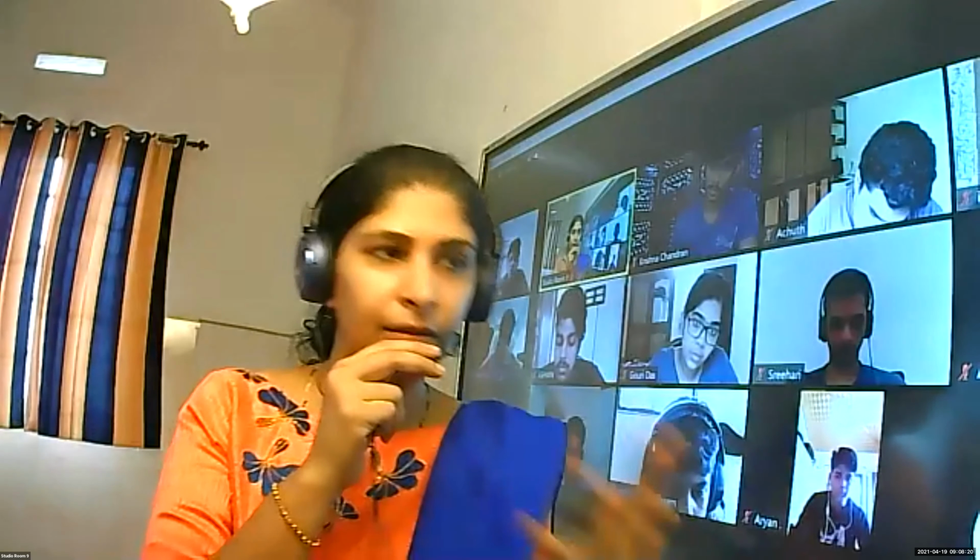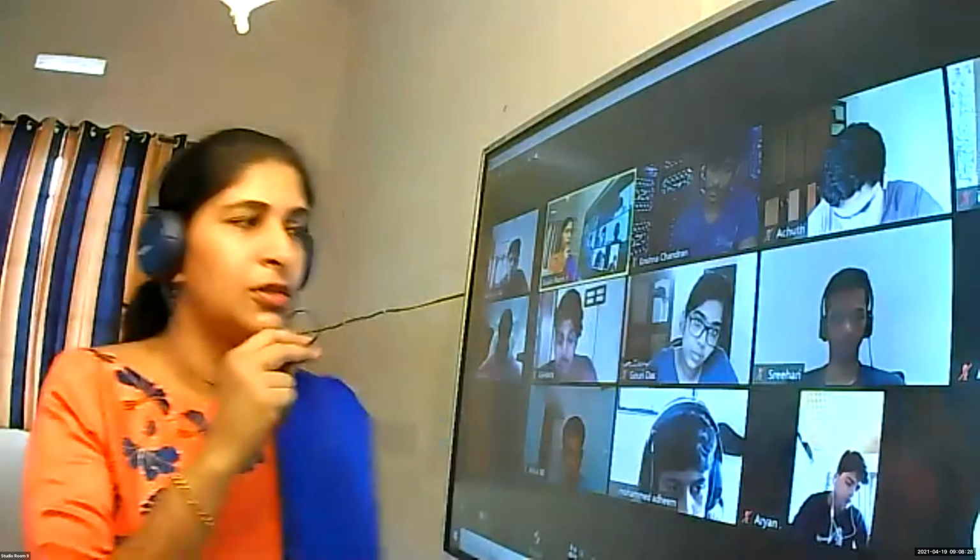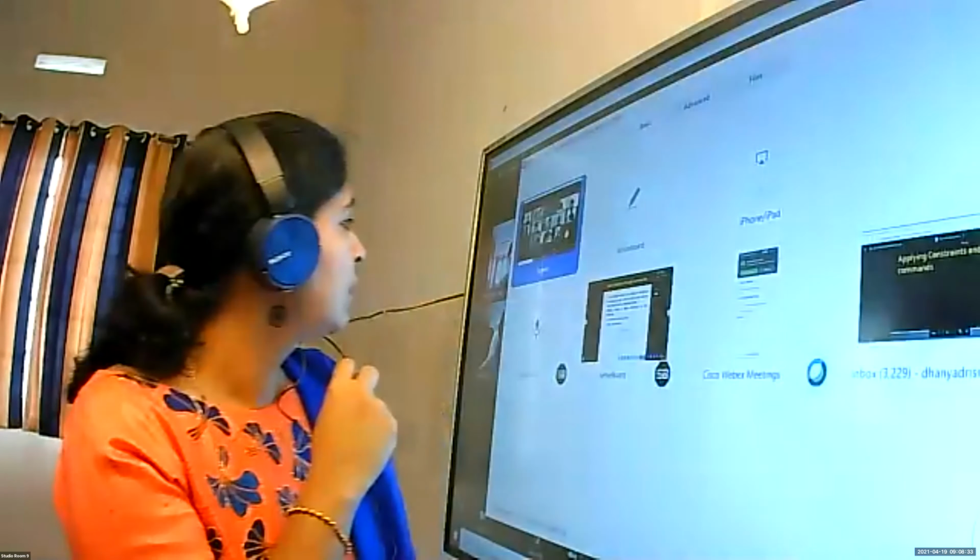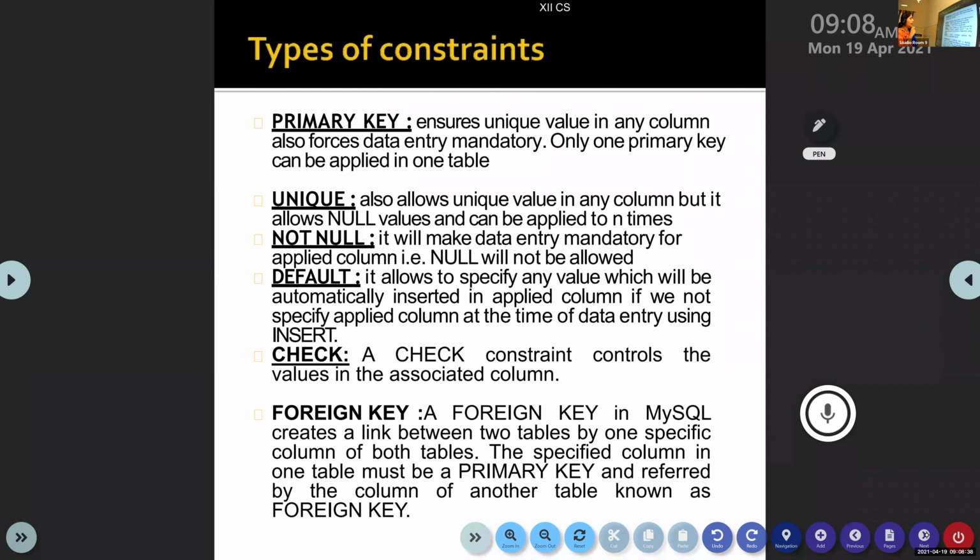After writing all the data types like roll number int, comma, name varchar 30, comma, mark int, then on the next line we start writing all the constraints. Roll number is primary key. You have a check constraint. Whatever constraints we require, we write all these constraints last. These are the two different types of constraints, and the different constraints that we have already discussed.